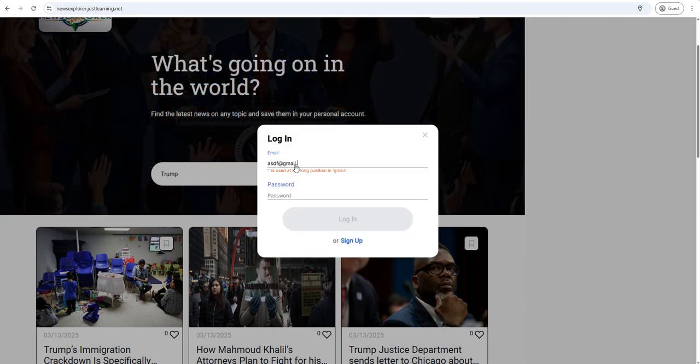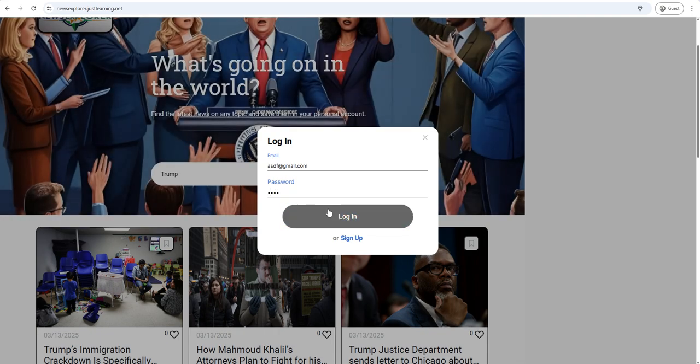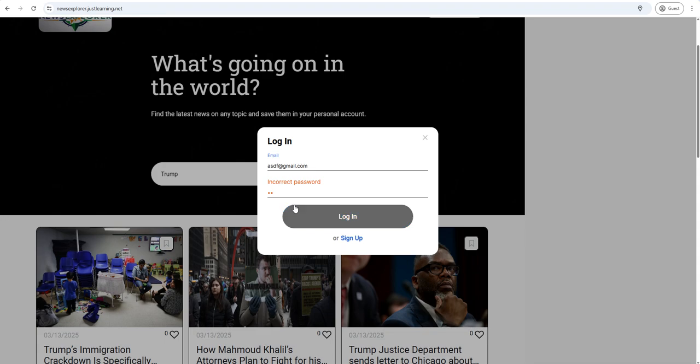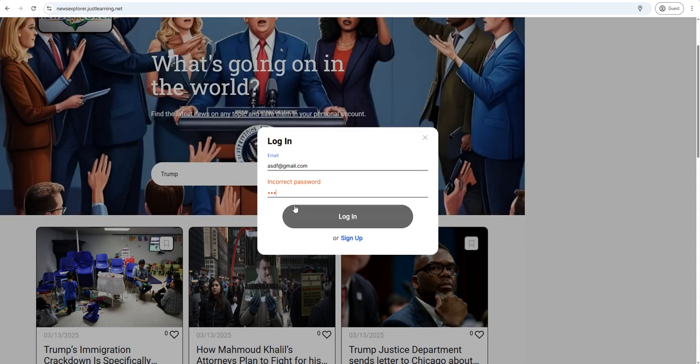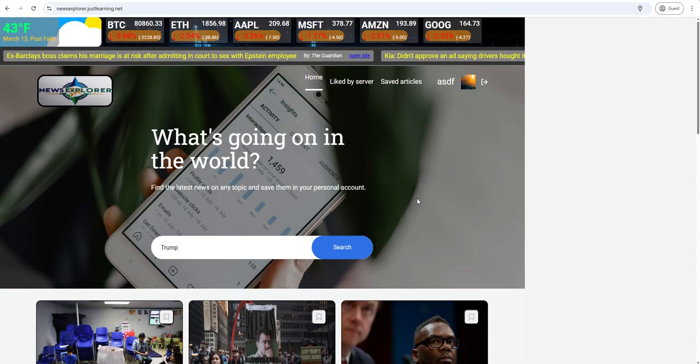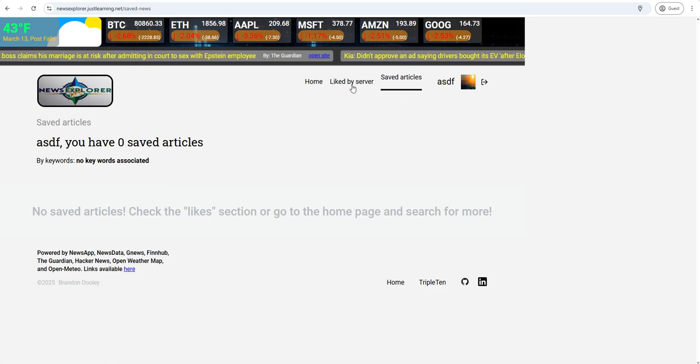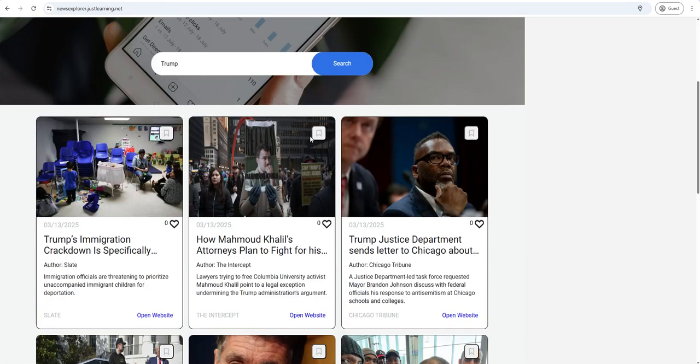So we're gonna go ahead and sign up. Well, if we do an incorrect password, it has the same kind of features as the weather app before. So we're gonna go ahead and log in. So now that we're logged in, we have liked by, we have saved articles. So if I go ahead